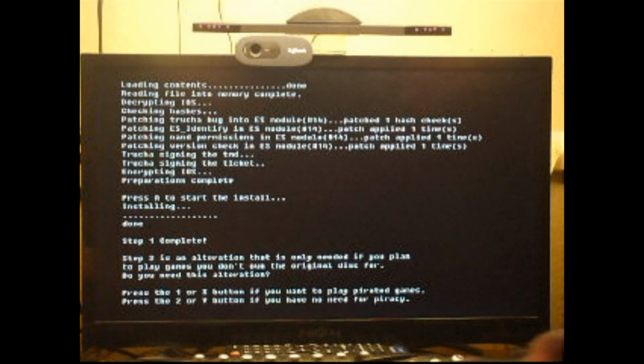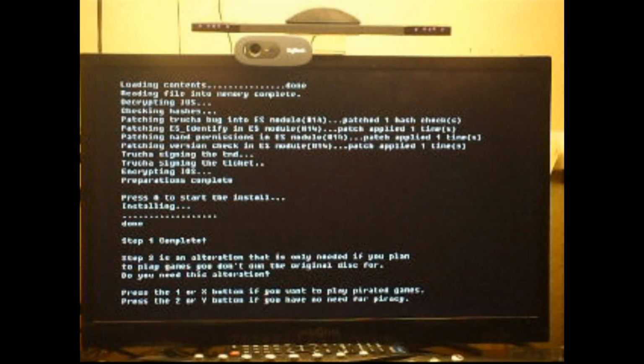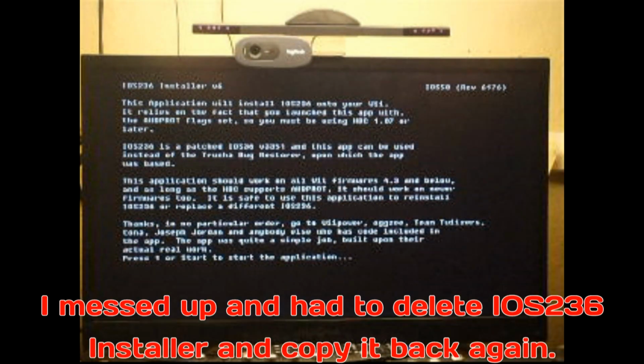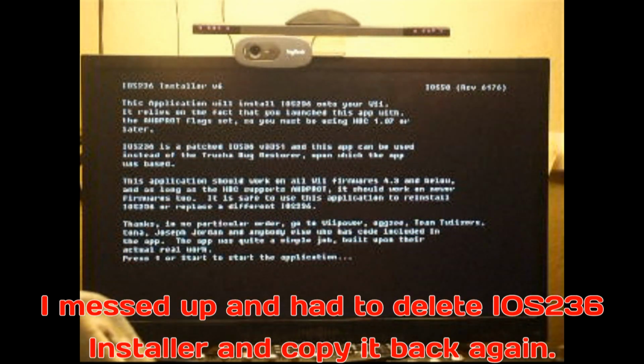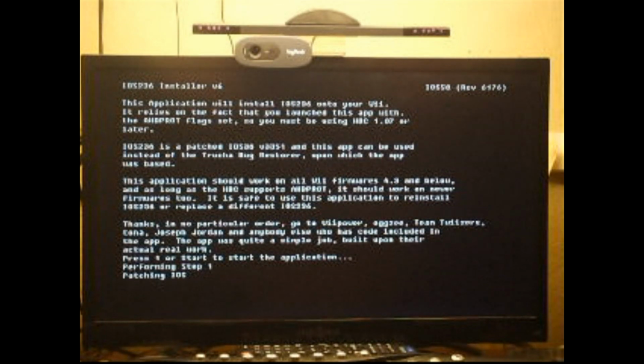And step 1 complete. Step 2 is an alteration that is only needed if you plan to play games and you don't own the original disc port. Okay guys, so all I had to do was delete it off my SD card and then copy that same folder back over. So now I'm going to press 1, so it's patching it,